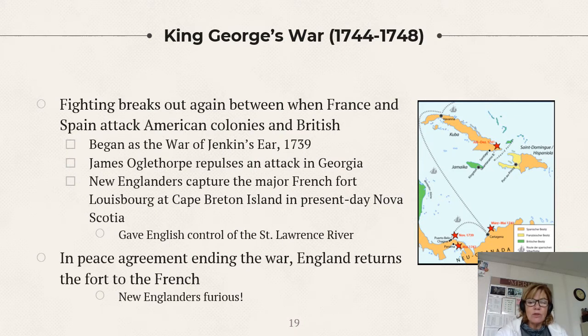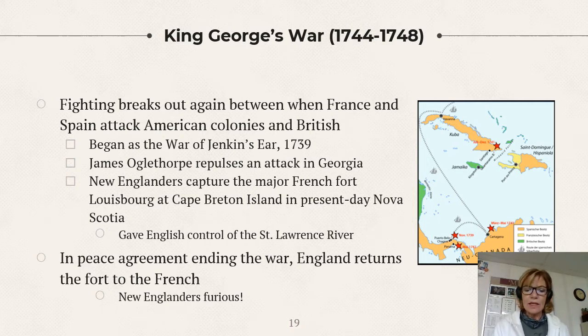All right, so King George's War, this one started out as a different kind of war. It was fighting that broke out in the Caribbean. They're fighting for territory all over the world, India specifically. But with this one, a Spanish ship seizes an English ship. And when they do that, they cut off the ear of the captain, Jenkins. So Jenkins goes back with his ear and he delivers it to Parliament. Parliament is outraged, and so this kind of starts the war. And then it evolves into King George's War.